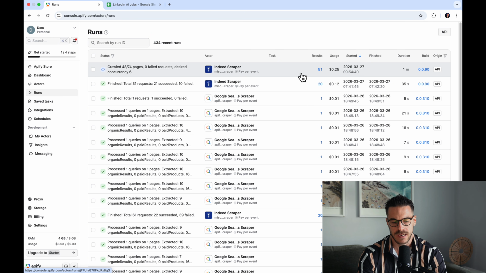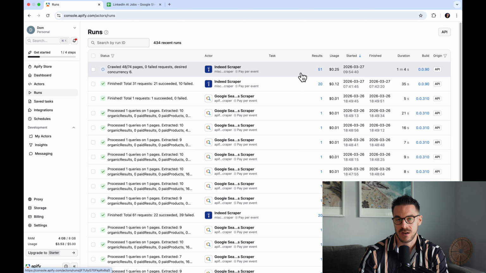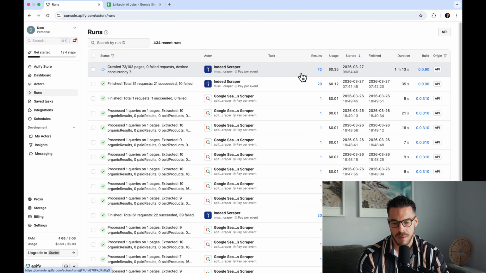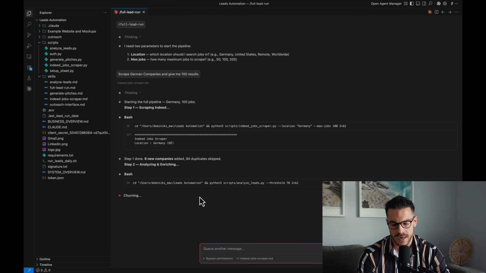And this is exactly the platform and the scraper that Claude Code is accessing to actually get the job description of different companies who are hiring in the AI automation area. Remember, we set up 100 results, so in a few seconds we should be done. Great, the scraping is done. We have 100 results. And if we go back now to Claude Code, we see we are at step number